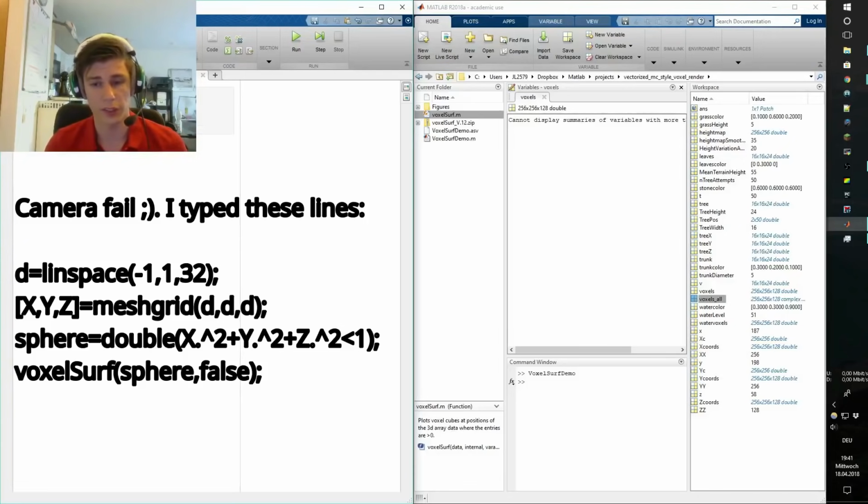And a sphere just means that the sum of the squares is smaller than a certain number. So because I initialized d to be centered at the origin, so that it goes from -1 to +1, not from 0 to 1, what I can simply do is say a sphere is the sum of the squares of each of those entries, and well, if that sum is smaller than 1. And in that case we are going to get a Boolean array,